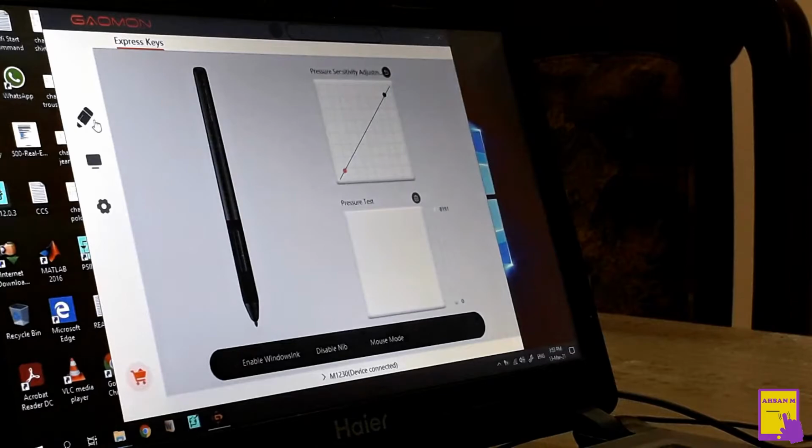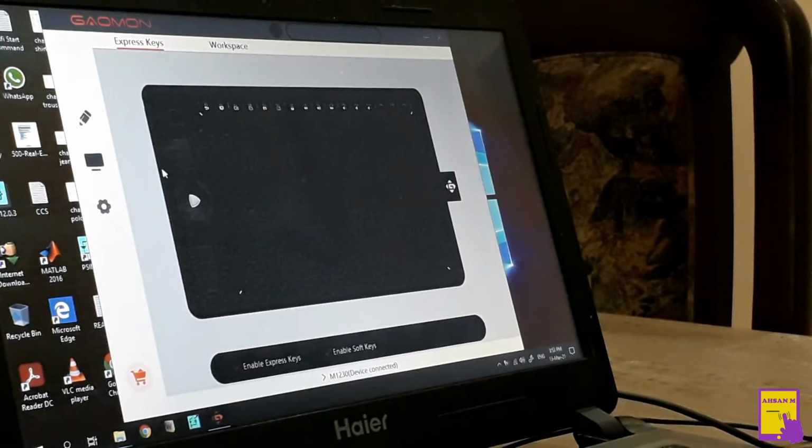So first option is the digital pen. Here on this screen you can set the pressure sensitivity of the digital pen. I will leave it as it is as the default settings. And the second option is the pen tablet. When you click it, you can customize the keys on the tablet. The keys present on the tablet are called the express keys, and when you hover your mouse on these keys, you can see that the following options are set on these keys. You can also change these options according to your will.